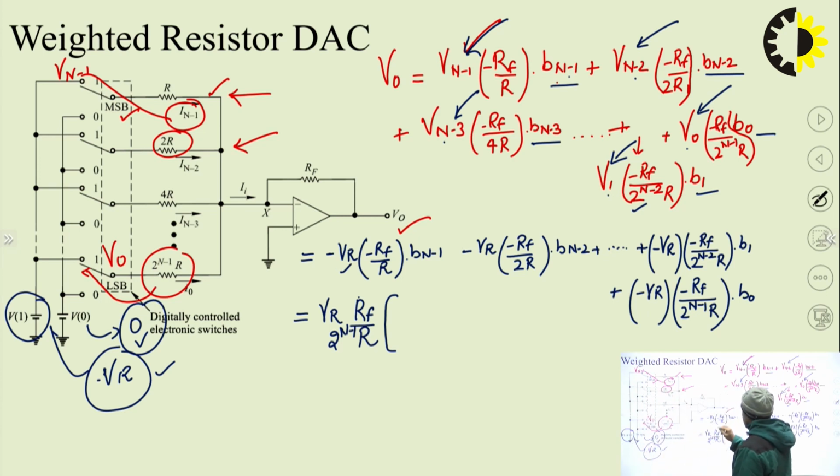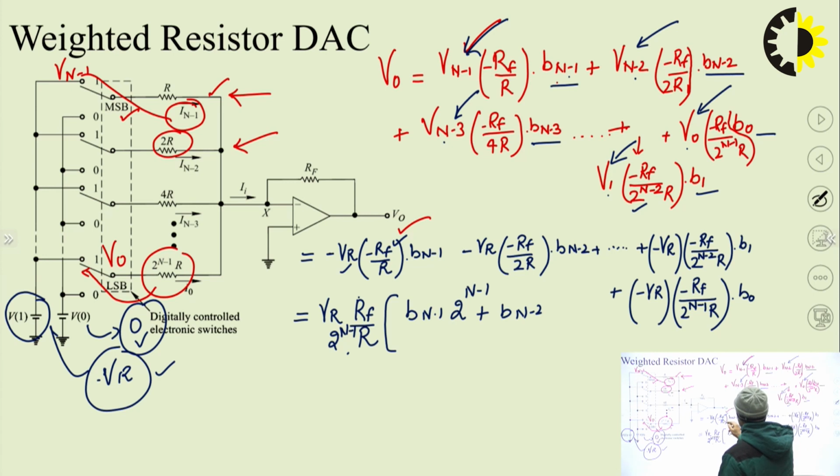Okay, so this is taken out, this is taken out, and instead of taking R out, I am taking 2 raised to power n minus 1 R out. So this Bn minus 1 will be multiplied with 2 raised to power n minus 1. Okay. Similarly, this Bn minus 2 will be multiplied by,